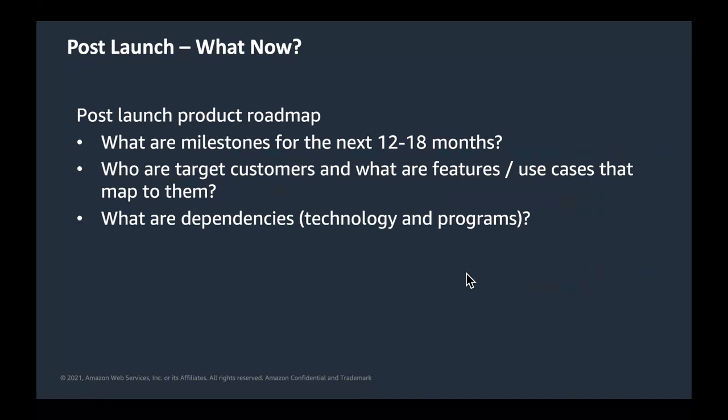Because again, you could get endless feedback probably from your customers, or you could test the product for a long time in the market, but you should really have some milestones saying that, okay, within 6 months, this is where we want to be. And it could be in terms of number of customers. It could be in terms of maybe the quality of feedback you gather. But definitely define some milestones for the next 12 to 18 months.